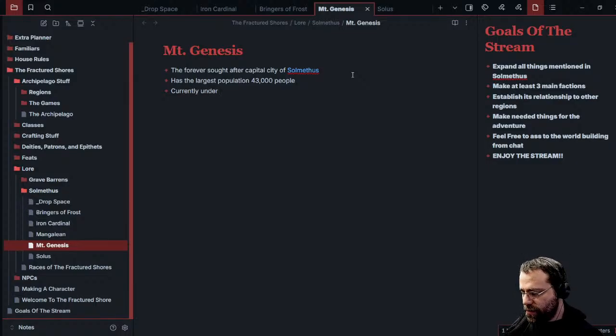Currently under Mitharian rule, to be the place of Jinn for all peoples in the